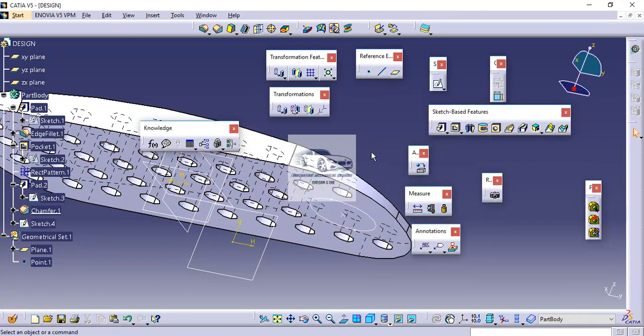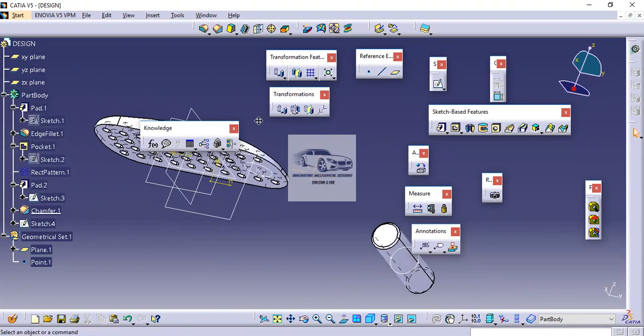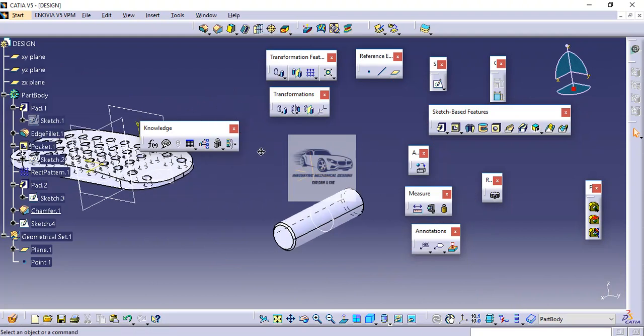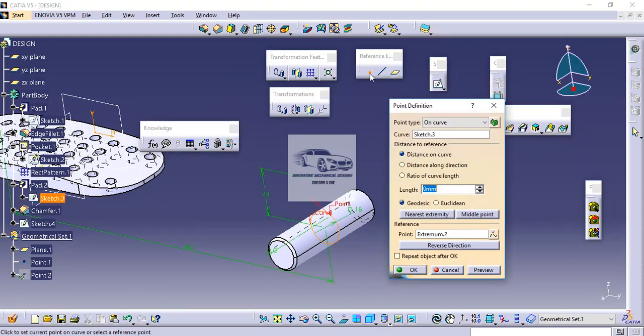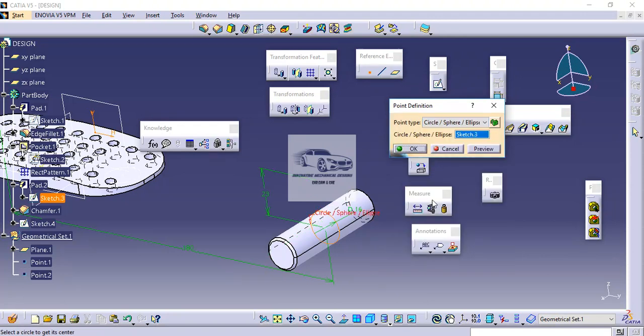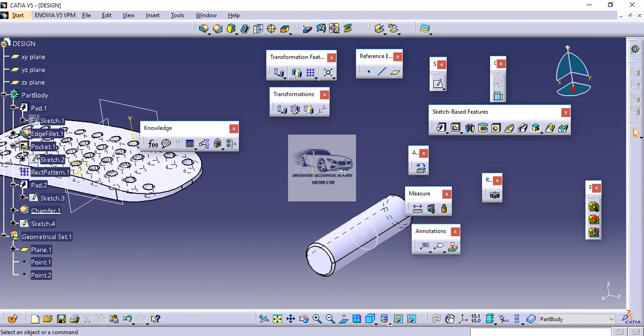So here we can see we got a point at the center. In the same manner we will create the second point. So again I will select this particular sketch. I will go to point, and then I will select circle, sphere, ellipse center.